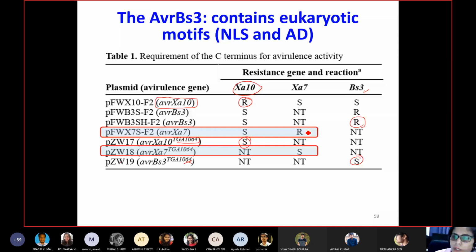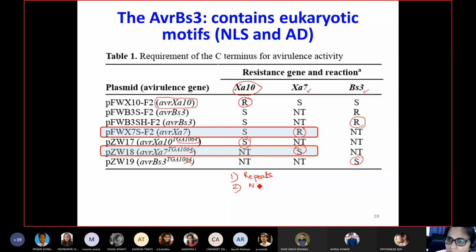So this kind of experiment proved this for hypersensitive reactions. So what is necessary? First, repeat sequences, their order and length are important. Second, your NLS sequences are important. And third, from this experiment, they said that the acidic activation domain is also important, and they rescued the effect of